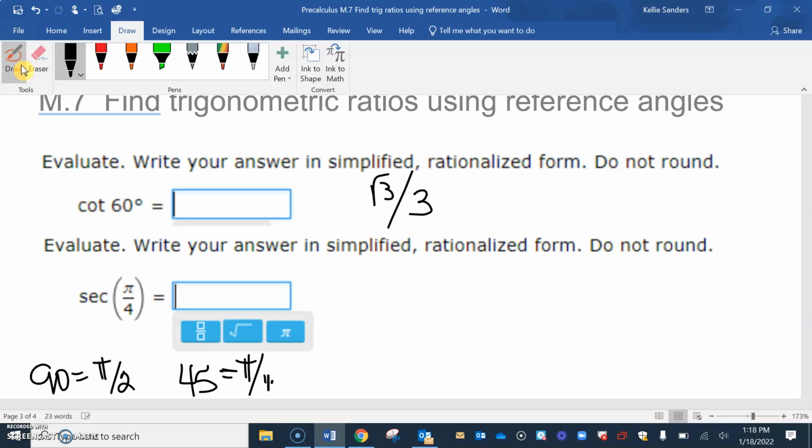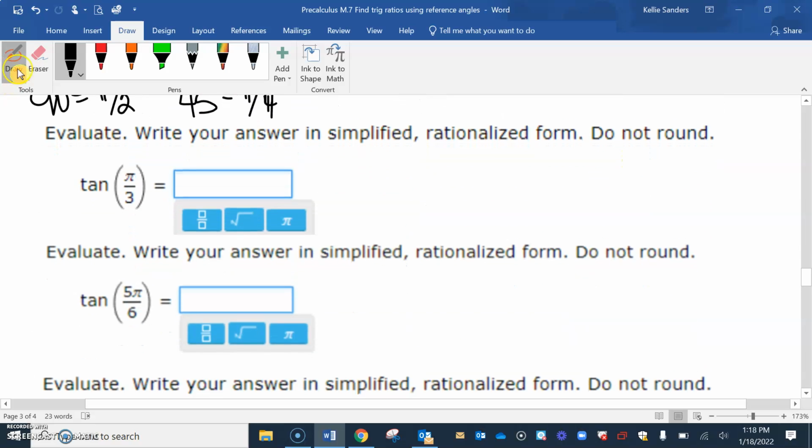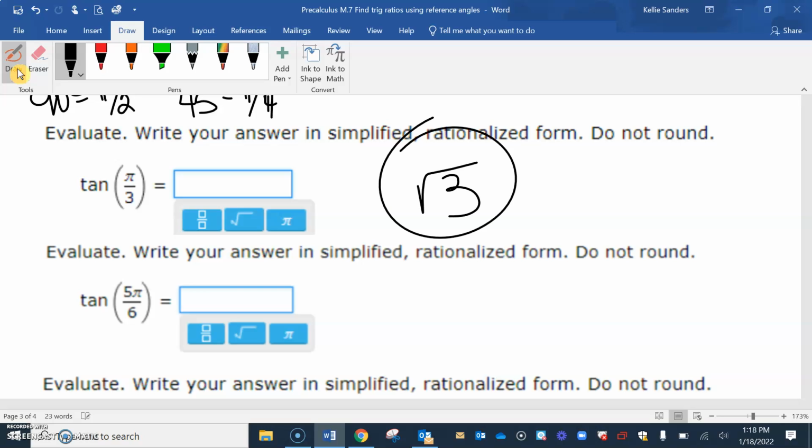So that would be pi over 4. Just one thing that you could kind of stick in the back of your mind. So secant 45 is square root of 2 over 1, or square root of 2. Pi over 3 is the same thing as 60, and tangent 60 is square root of 3. Now on these,